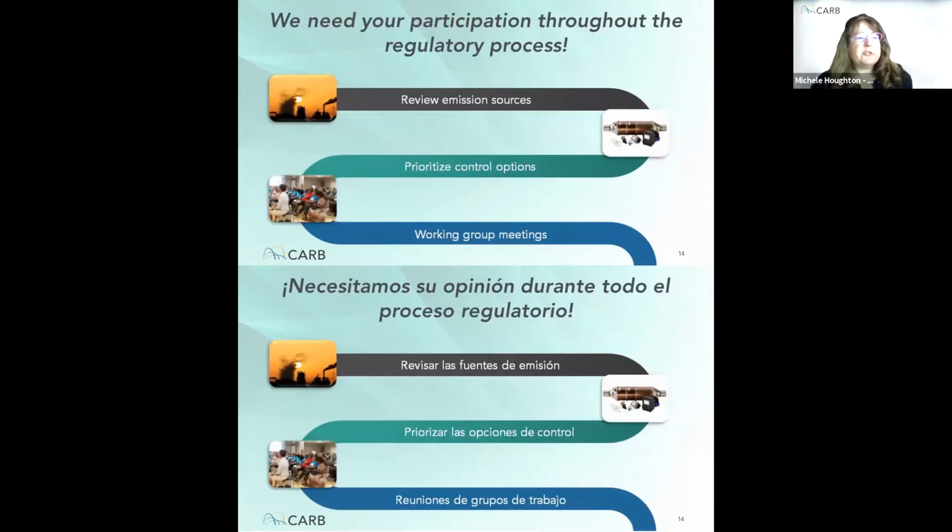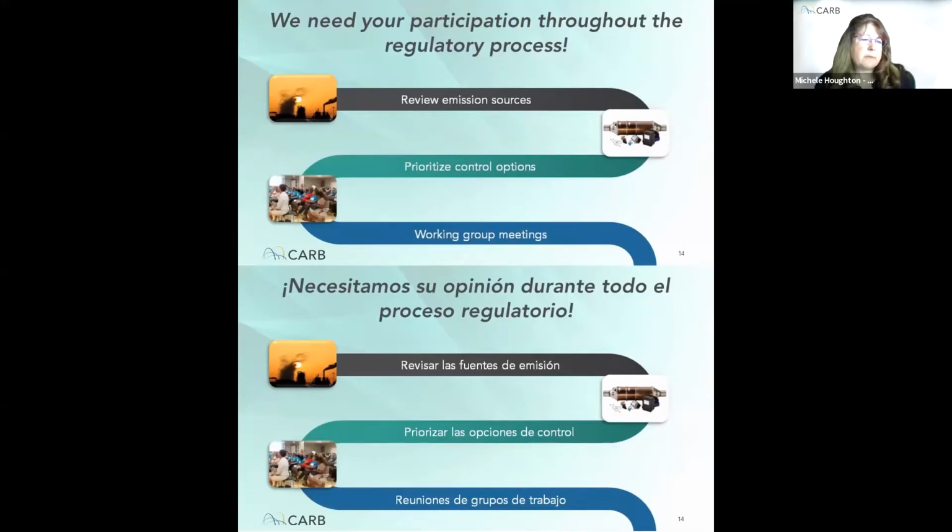Here is an overview of the process for developing an airborne toxic control measure. One of the first things we need to do is evaluate the pollutant of concern and where it comes from. As I discussed in the first slide, we use data such as monitoring data, emissions information, and research to understand where the pollutant comes from and how much is in the community.